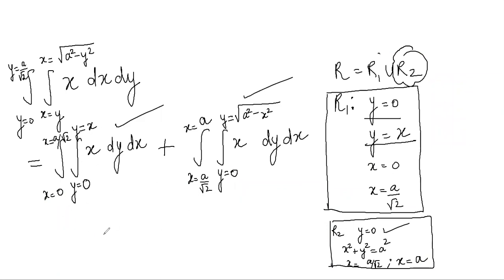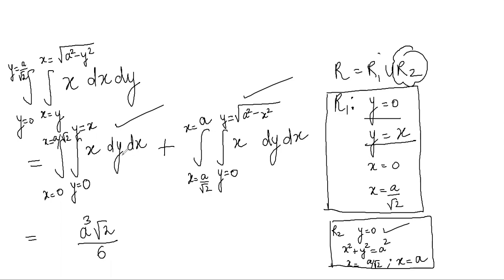So after solving these double integrals and simplifying, we can solve it further. You can complete it on your own. After evaluating it, our answer will be a cube root 2 upon 6. So the important step was here to find out the limits. Once you have the limits, then with the help of basic formulas and techniques which you have studied for integration, you can easily evaluate these double integrals.